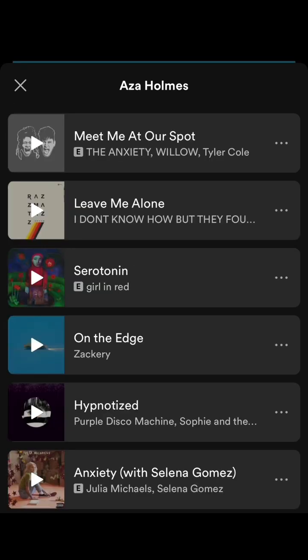For the first song, I chose Meet Me at Our Spot because the song itself kind of focuses on two people who are wrestling with anxiety themselves, and they just want to meet up at a place and forget about all of their worries and just talk to each other and hang out. I felt like this was fitting because not only does Ozza's OCD cause her to have so much anxiety, she also just finds a lot of comfort in hanging out with Daisy after school, especially in their designated